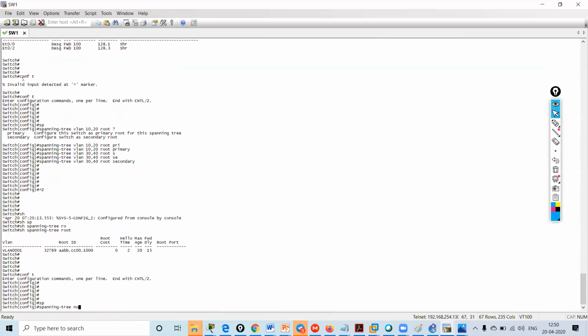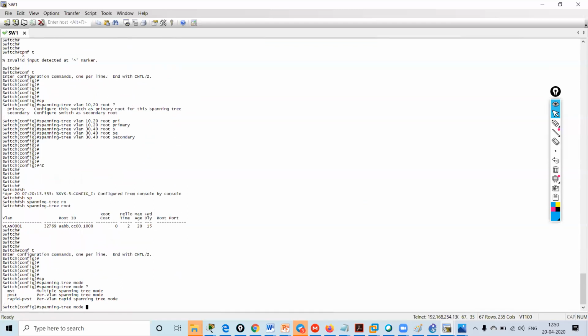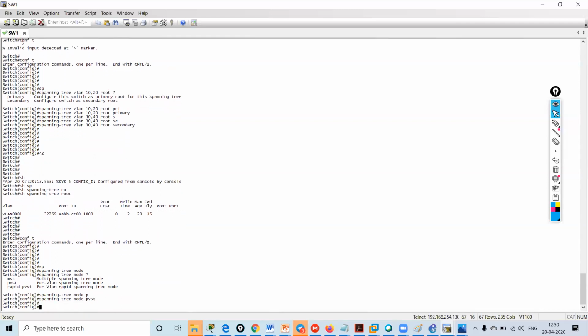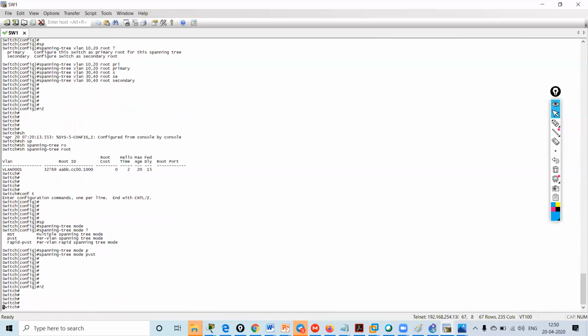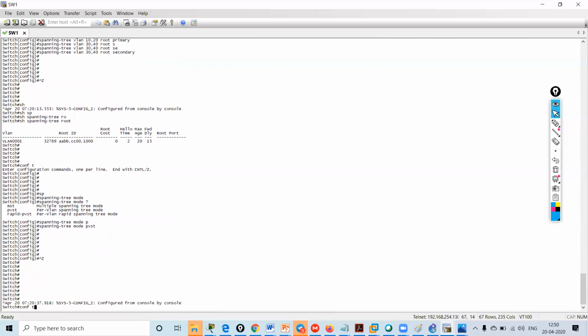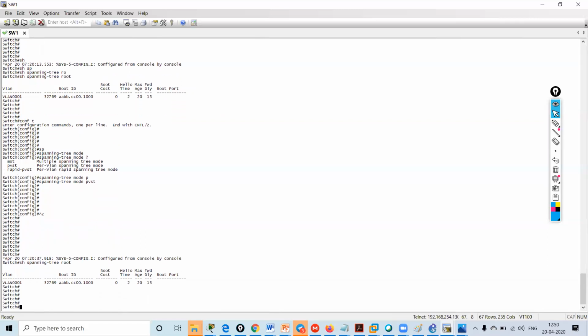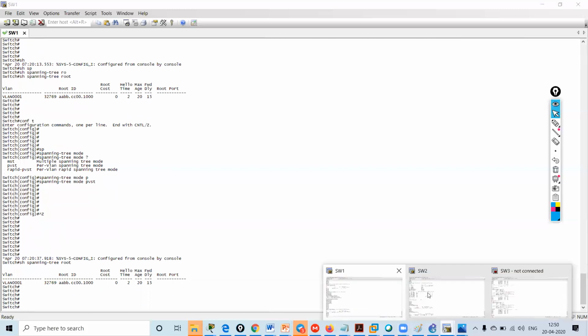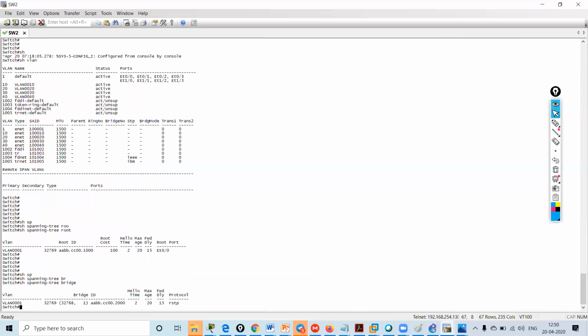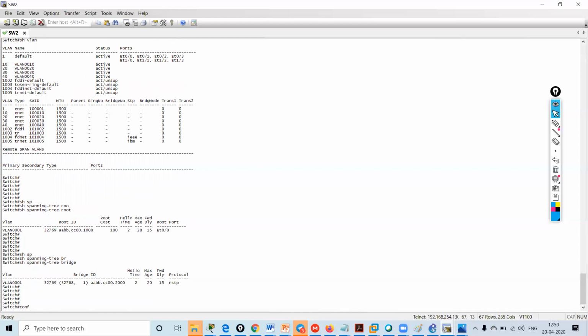Spanning tree mode PVST. Okay. Why are all other VLANs not showing me over here? On this switch also I will give the same kind of command.